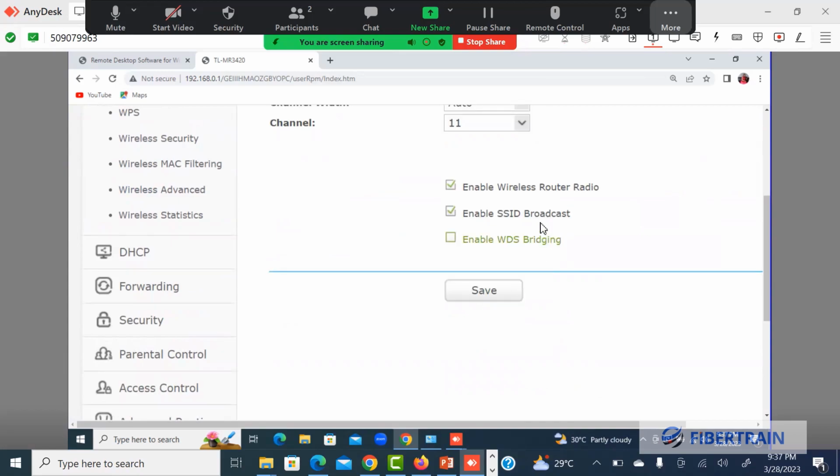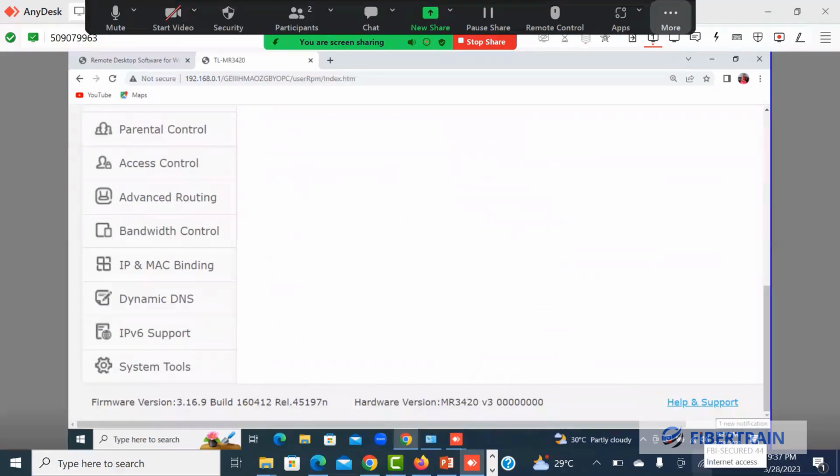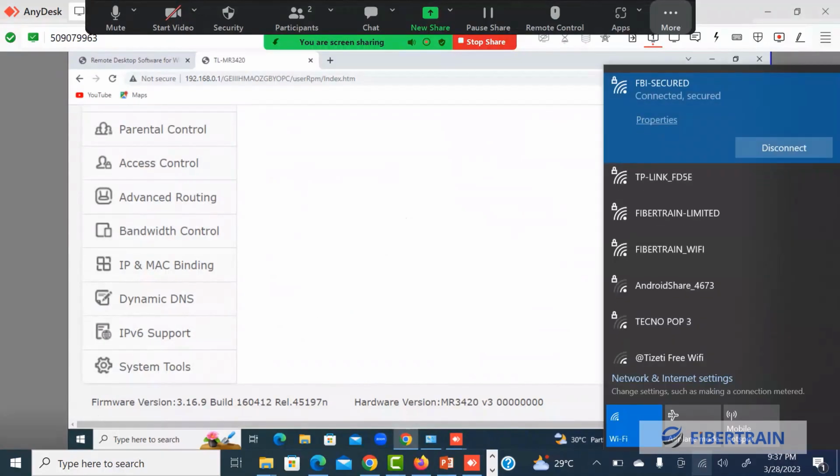So the moment we save, the browser is going to refresh. And once that is done, if I come back here to my Wi-Fi adapter on my laptop and click on it, you see the name of the Wi-Fi before was TP-Link FD5E, but you can also see here fibertrain_Wi-Fi. So it's just a matter of minutes. This one will disappear. And the only Wi-Fi we should have is this, which is the new Wi-Fi we have